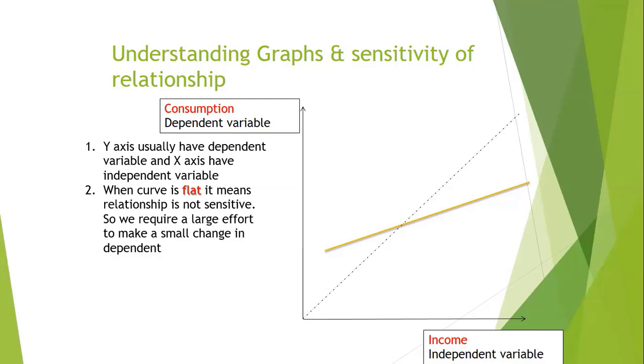सही? So I have plotted a line which is flat as compared to the dotted line. How do I call it flat? The definition of flat is that if the line resembles more like a horizontal line, then it is flat. And if it resembles more like a vertical line, it is steep. So when I compare the dotted line and the red line, the red line is more resembling the horizontal line.